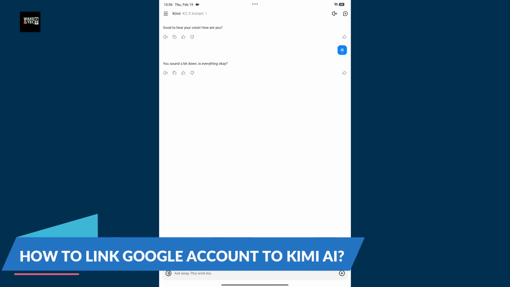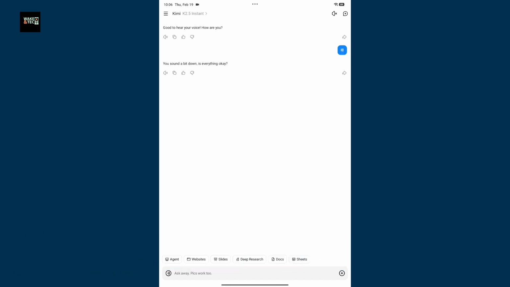How to link Google account to Kimi AI. Are you exploring Kimi AI feature and want to make it even smarter? Linking your Google account to Kimi AI profile can make logging in faster, sync your preferences, and help keep everything